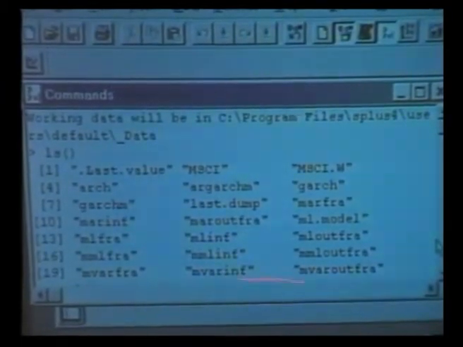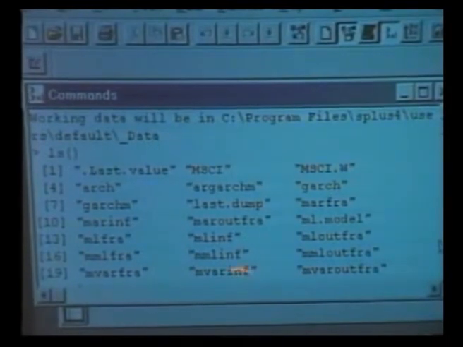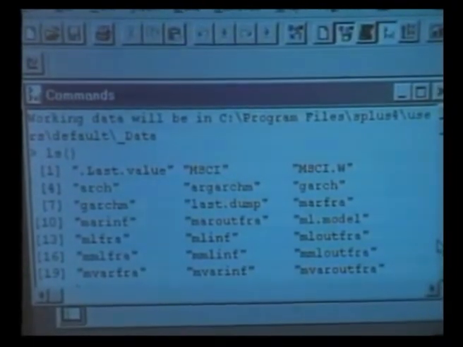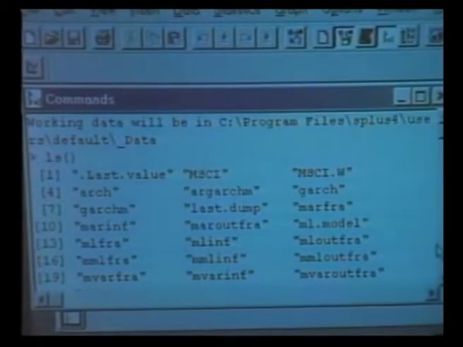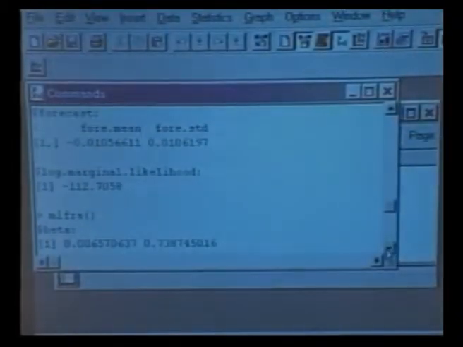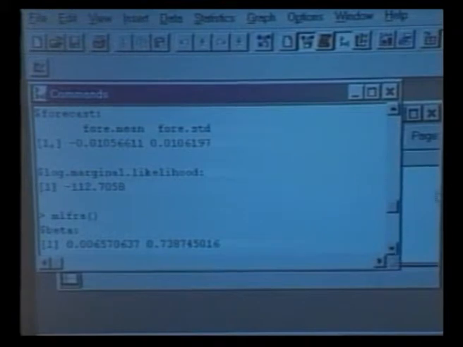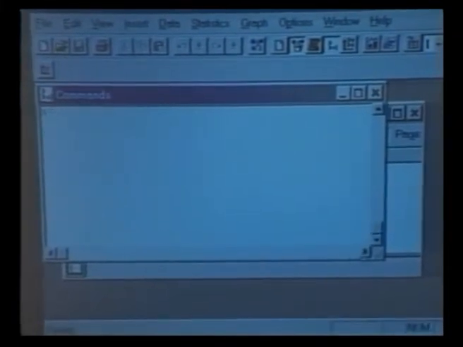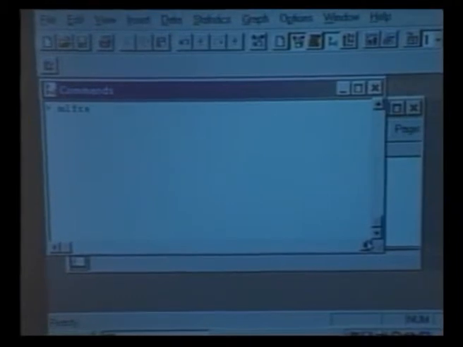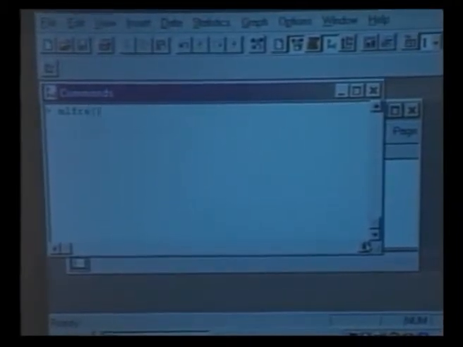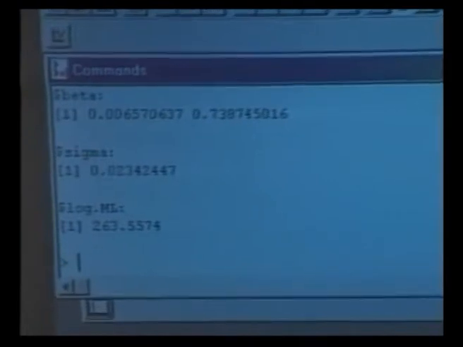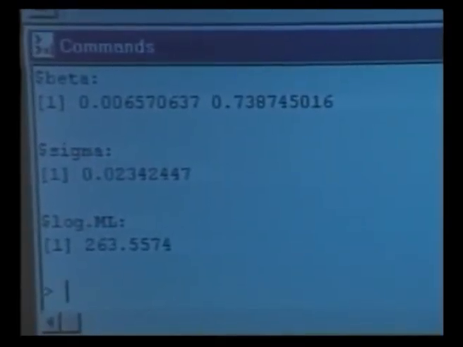So we got this with fractional prior, and this thing which comes in here with INF is the informative prior. So that's not the best idea, this is always what we start with here, and I have done some of these estimates here, and some matrices you get here, marginal likelihood. But let me run this, go down at the end, and now try this one, which is ML FRA, which comes with an implied MSCI World Index, and now you see you should get the same numbers as we have over here, 0.006 for the intercept, 0.738 for the